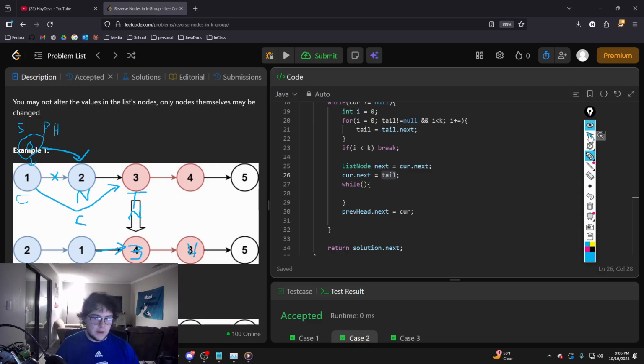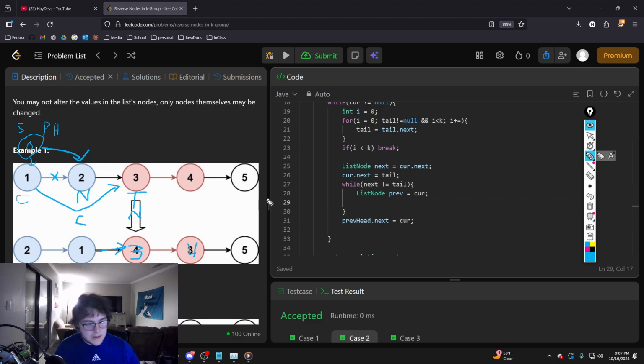So when next is equal to tail, that's when we want to break out of this while loop. So while next is not equal to tail, we'll continue iterating in this loop. We want to create a list node previous, and we want that equal to current. That way we can set current equal to next, and then we can set next equal to the current's next. That way we don't lose references to these nodes when we break their links, because right now they're all linked up. We want to make sure to keep up with the links we break so we can reroute them